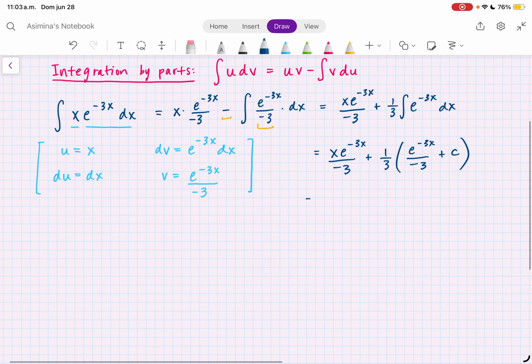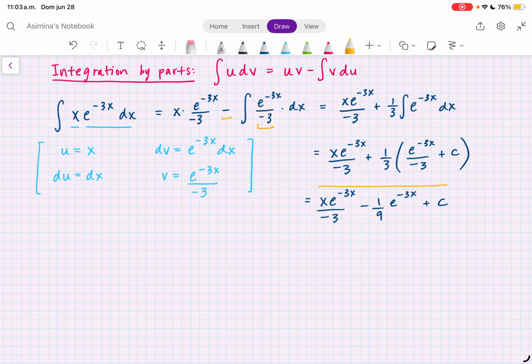So this becomes x e to the negative 3x over negative 3 minus 1 over 9 e to the negative 3x plus c. And so this is our final